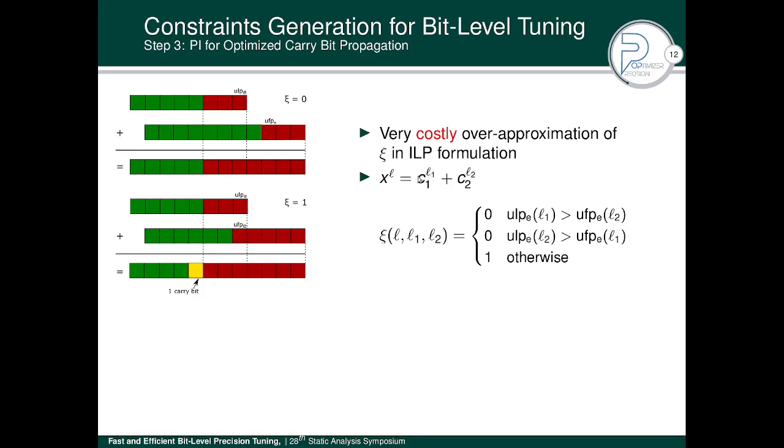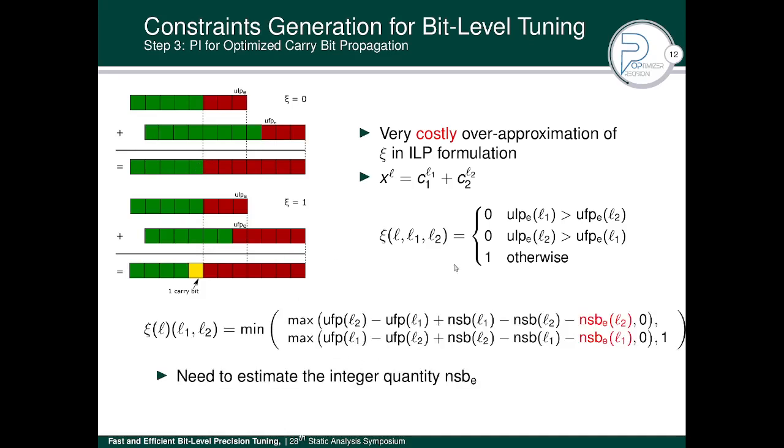So, let C1 and C2 be two constants of some addition operation, whose result is stored in the variable x. Then, if the LSB of the error of one of these operands is greater than the UFP of the error of the other operand, then the two errors cannot overlap, and adding 1 bit in this case is useless. This new xi function can be mathematically